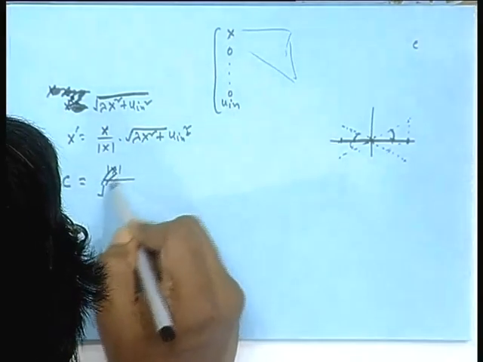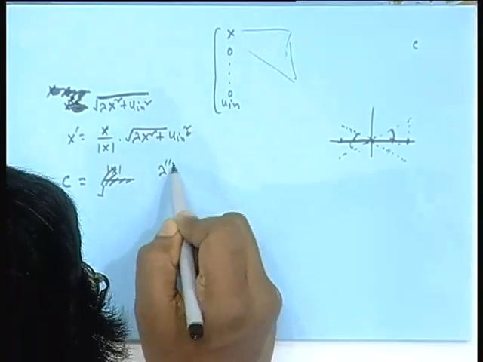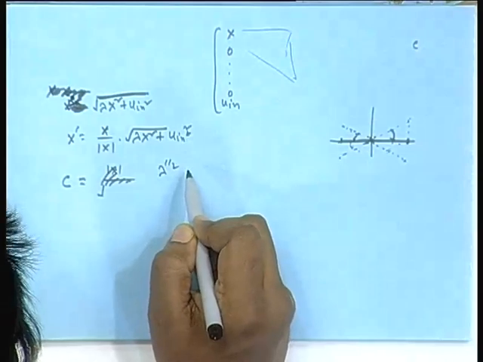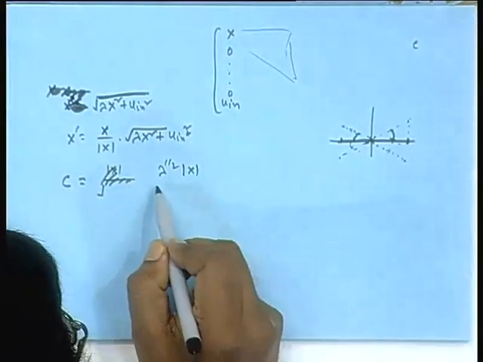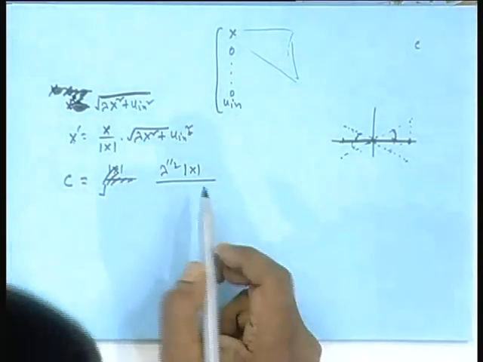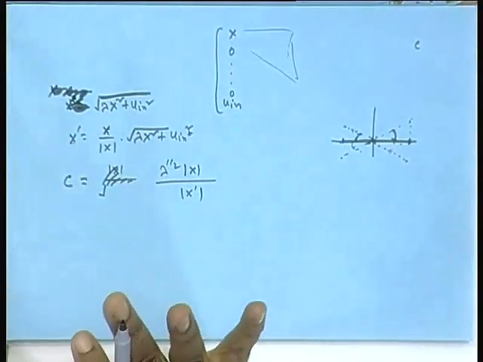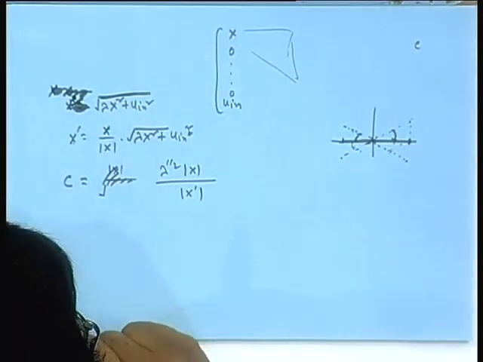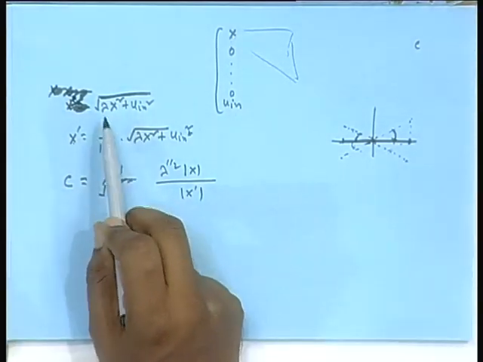In fact, it is not just x, there is a lambda factor. Mod x divided by, you can take the mod of this or mod of same. This is your C. Remember, computation is in the processor, you need a squaring operation, you need a square root operation.